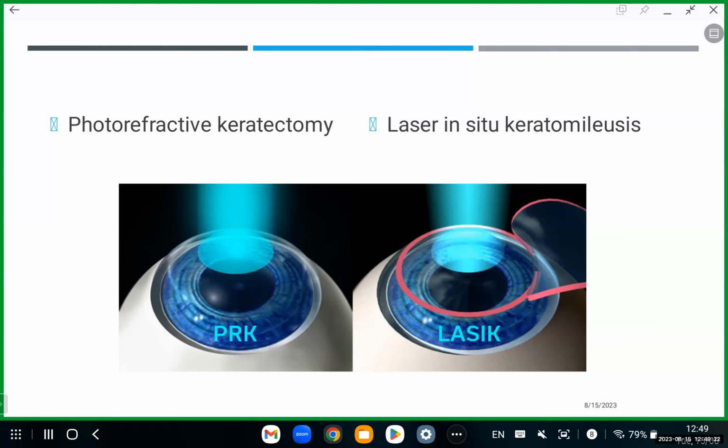In photorefractive keratectomy, the laser is applied over the corneal surface. There is no flap. So they both share some contraindications, but there are also contraindications specific to each of these procedures. For example,